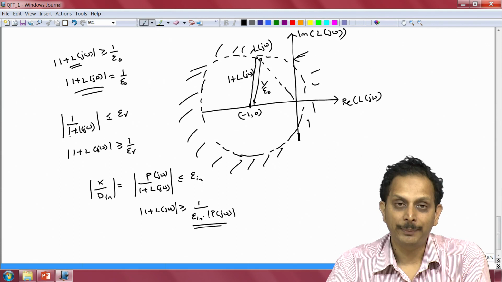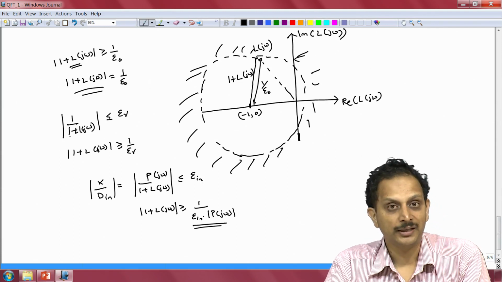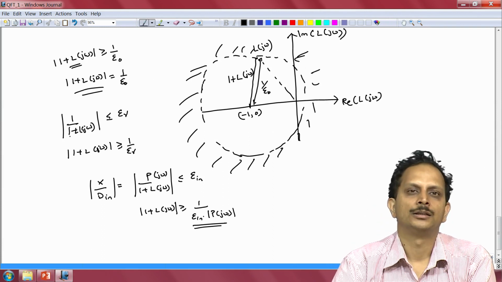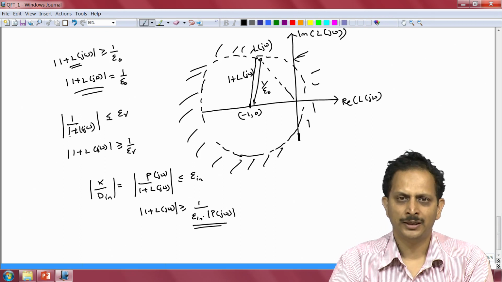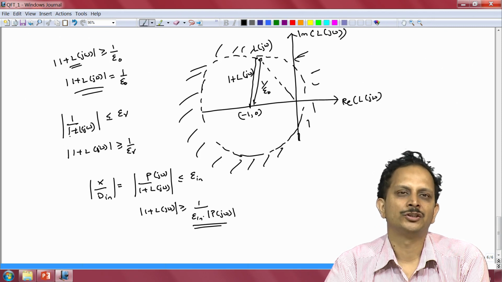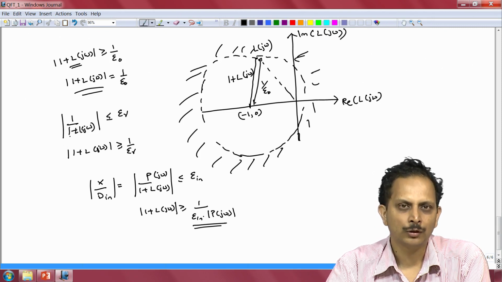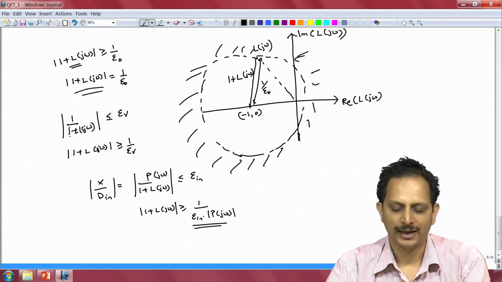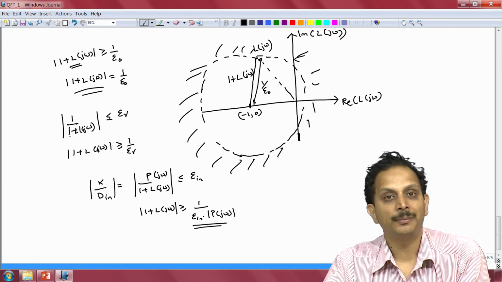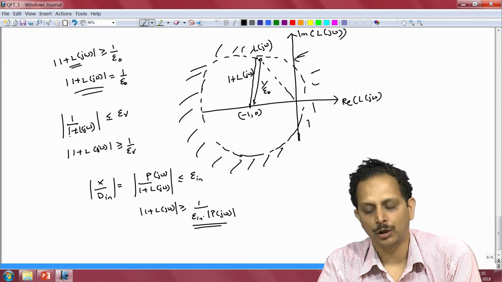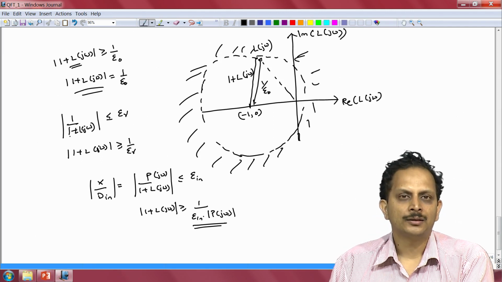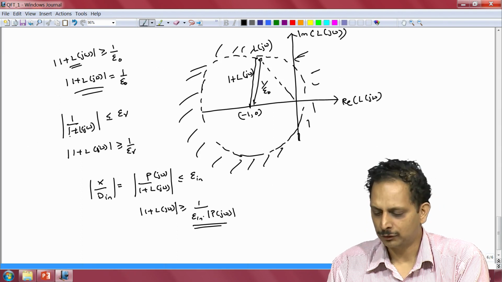Now as far as depicting stability is concerned, that too can be done in a fairly straightforward manner using the Nyquist plot. In fact, the notions of the phase margin and the gain margin essentially arose from the Nyquist plot and the points at which the Nyquist plot of a certain open loop system crosses the negative real axis. But there is one other alternate way whereby we can represent the stability specification in a Nyquist plot. So, if we go back and look at the threshold of instability in a Nyquist plot.